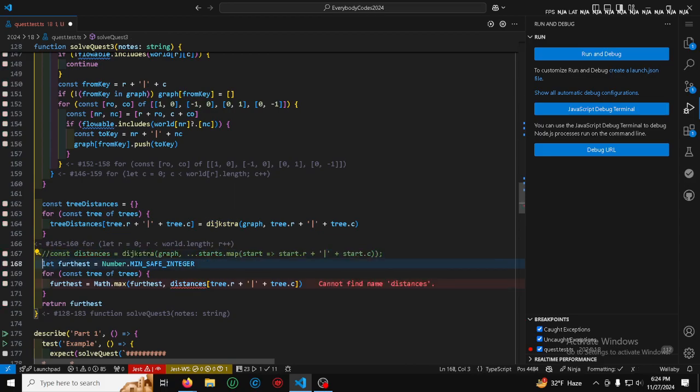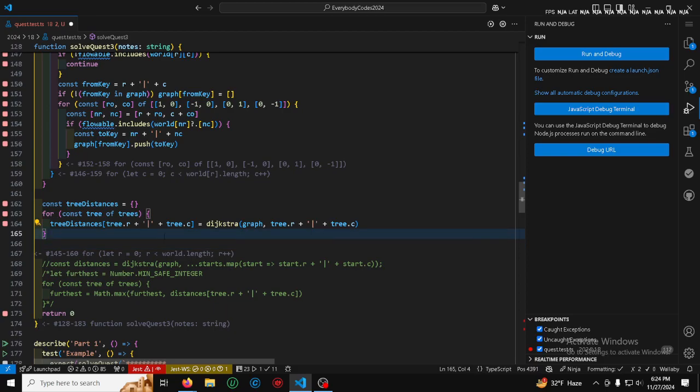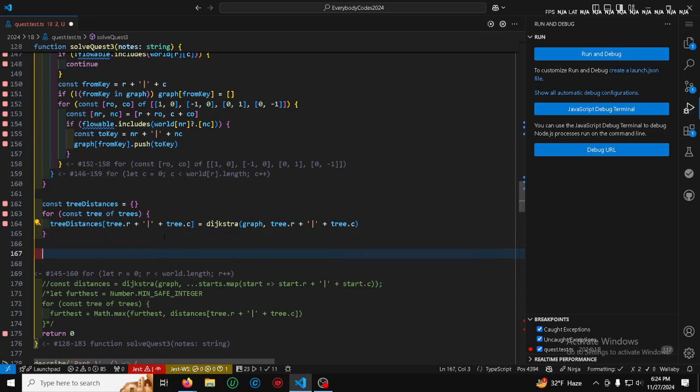Let's stop looking at all of this. I need to do that eventually. Return 0 for now. Okay, so we have tree distances. If I look at them, yeah, look at all these tree distances, all this memory, nom nom nom. Now I just need to add up all the distances. Sum cost all